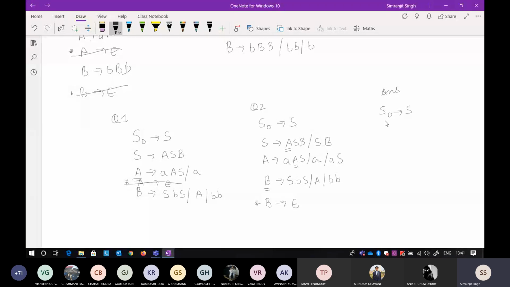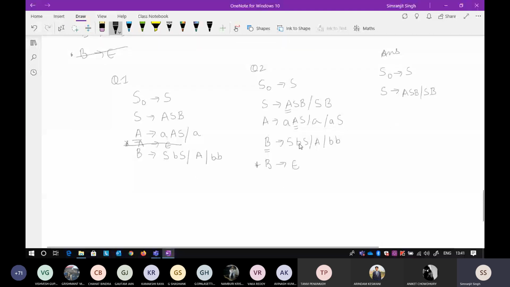So you just write the productions as they are. So the productions will be as they are, S tends to S, and then there is ASB. Now see here what is happening. Because if you remember, previously A was also epsilon and B was also epsilon. So you have to consider that in this particular thing. Okay, so now write the production as it is, ASB, now S, now B. Okay, so now what will happen? You have to again consider A as epsilon and then B as epsilon.